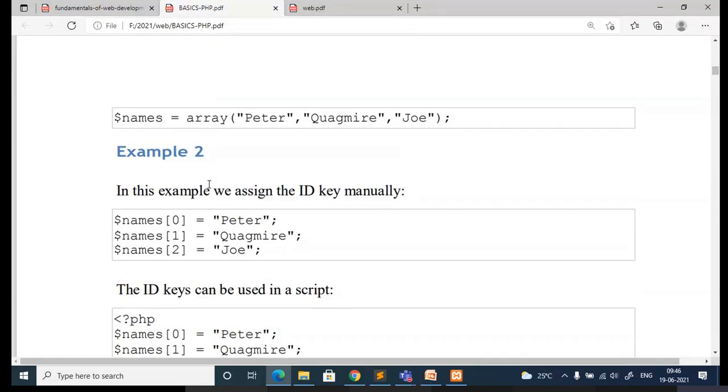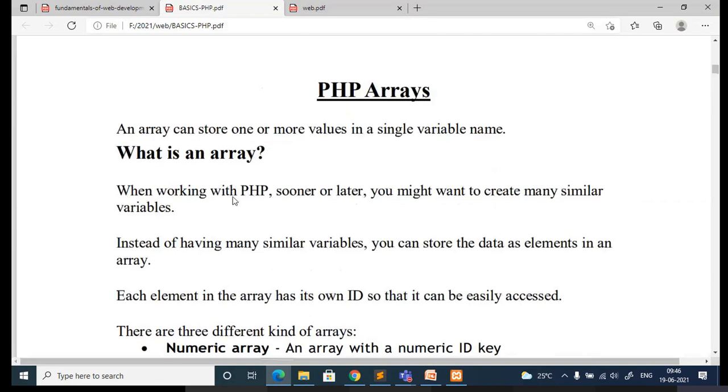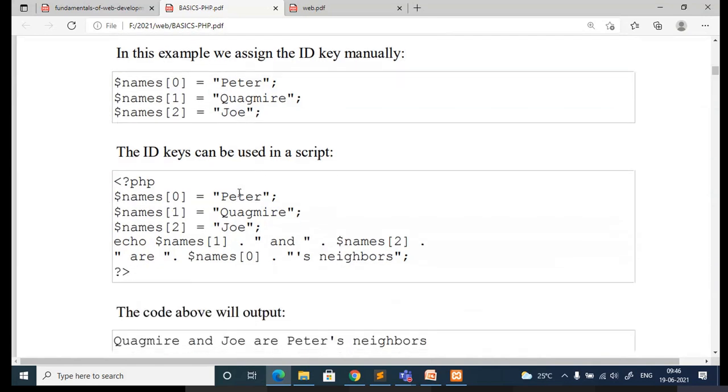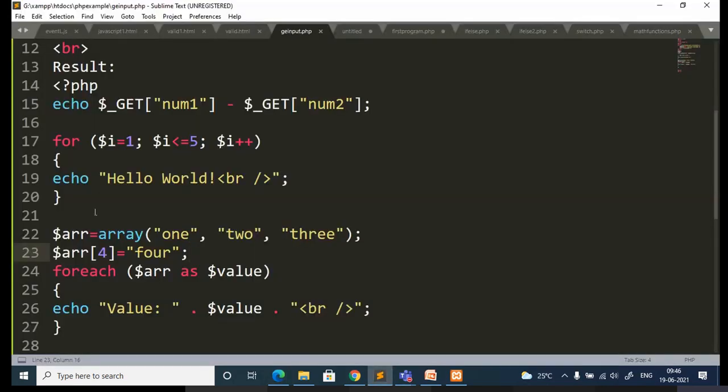So this is a simple array. That is the first one, the numeric array. That is how you can create the numeric array. This is one way, where you directly specify it in the declaration and initialization is done at a time. If you want to do initialization separately, you can specify the index number followed by the value you want to store in that particular index. The same thing I have done. So this is an example of a numeric array.